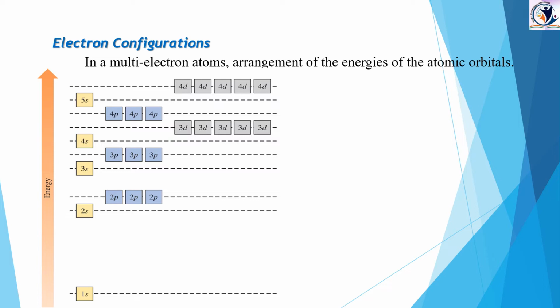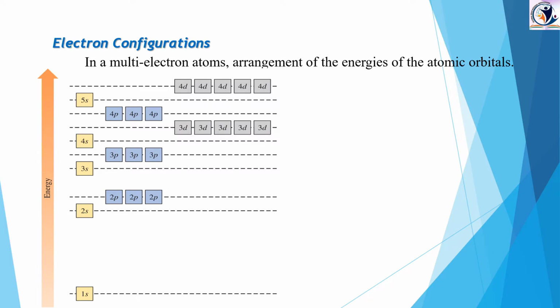Now coming to the second shell, it has two subshells, right? 2s and 2p. Very good. Now coming over here, 3s, 3p. In between 3p and 3d, 4s has been given. Don't think that this is the arrangement of atomic orbitals according to their energies. How will these energies be calculated? Let us see how I am going to calculate the energy.